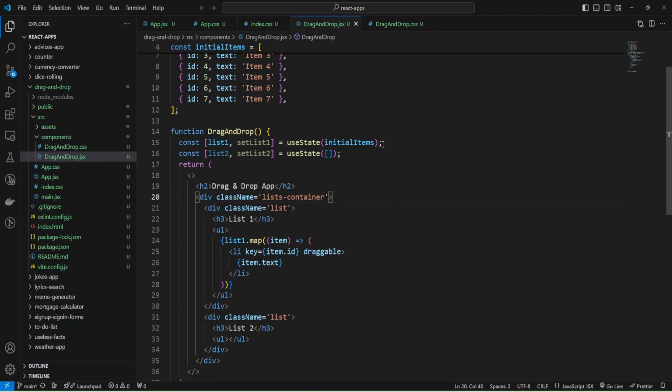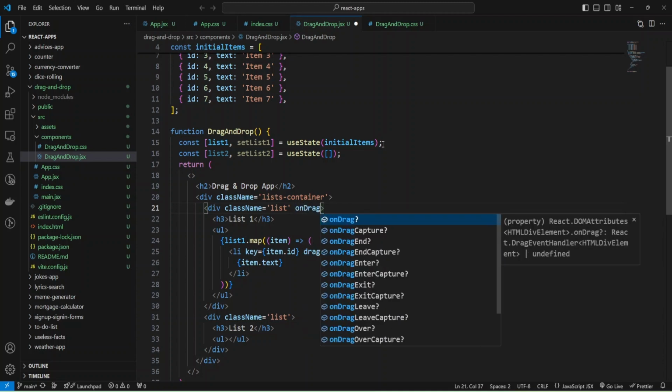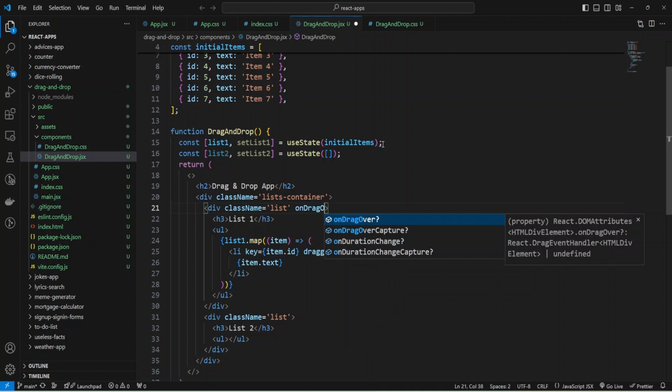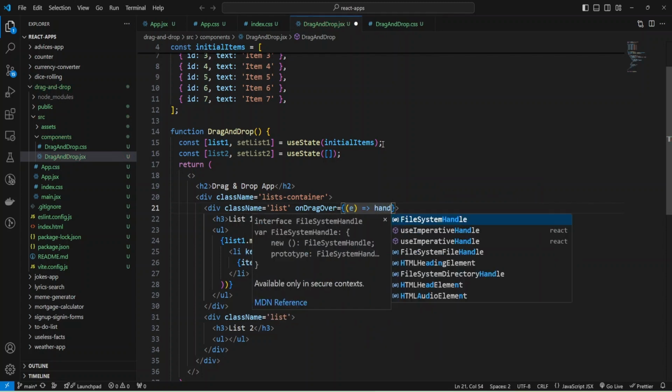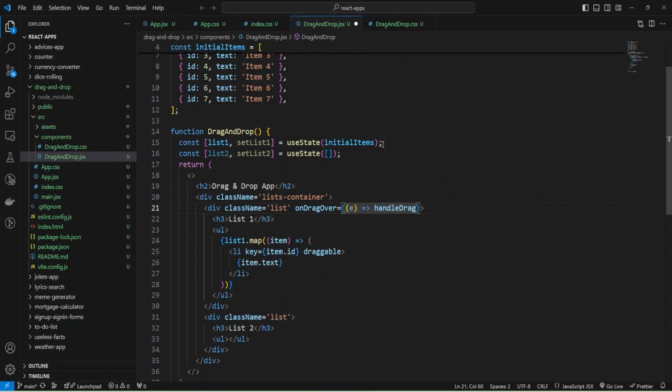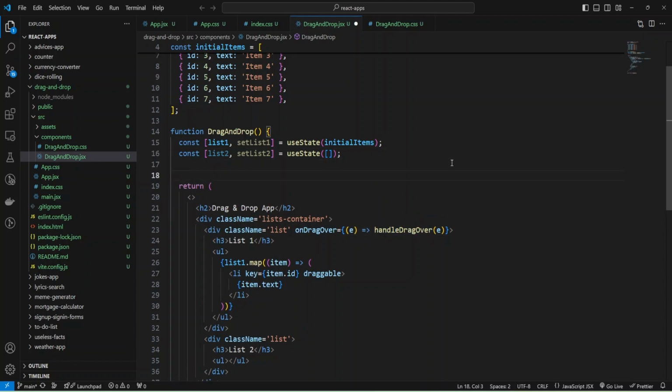Okay, first of all, we need to allow drag over, and I'm going to add an event to my div with class name list. It's a container for our list, and I'll add the onDragOver event and an event handler. I will call the function handleDragOver and pass my event. And now I need to implement this function inside my component.